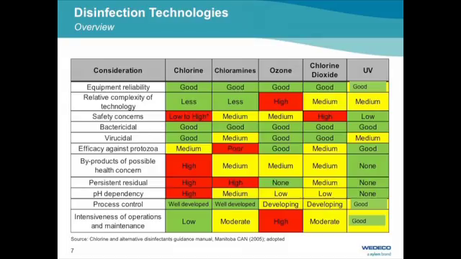So if you look at the different alternatives available, I'm looking here at chlorine, chloramines, ozone, chlorine dioxide, and UV. So these are actually the main downsides of chlorine. And if you look at all the other technologies, you will find that UV is pretty good at every one of the considered parameters. And moreover, it's not a very complex technology, but straightforward and simple and relying purely on physical